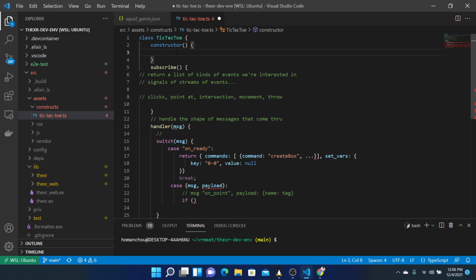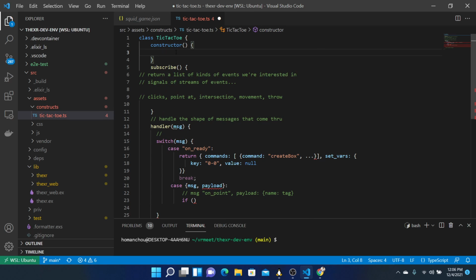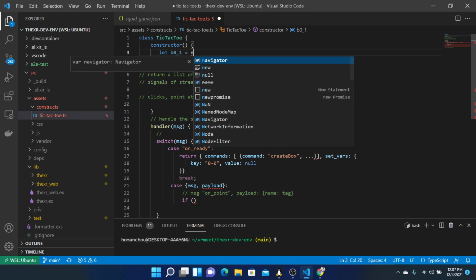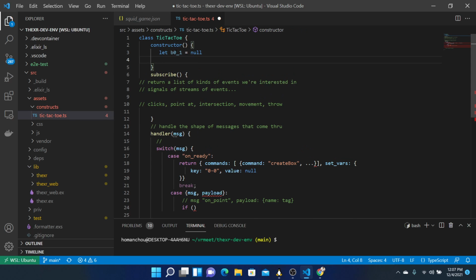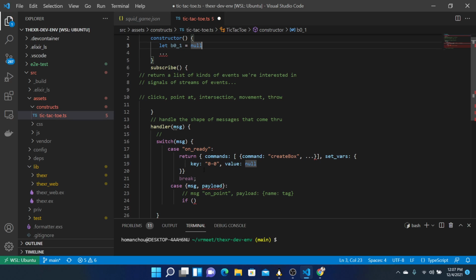So we can say our box, or you can say let box 0, 0, and let box 0, 1 is nil or null. Do it for every one of the locations, and then if